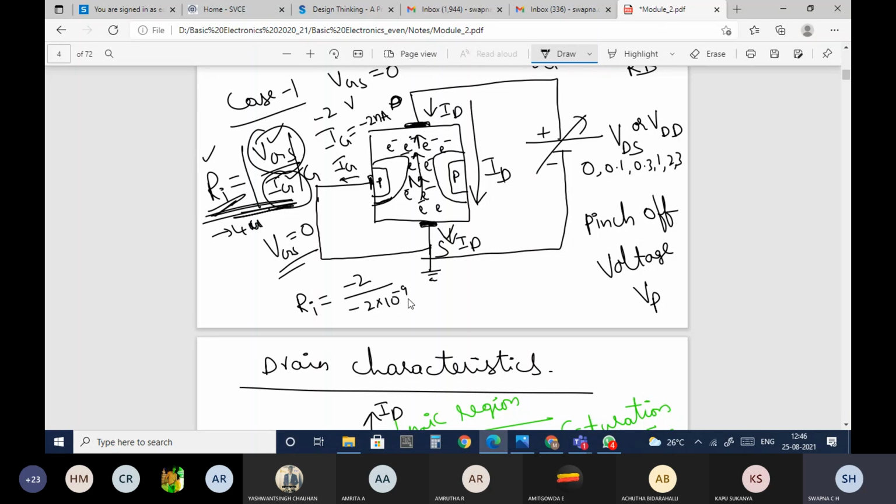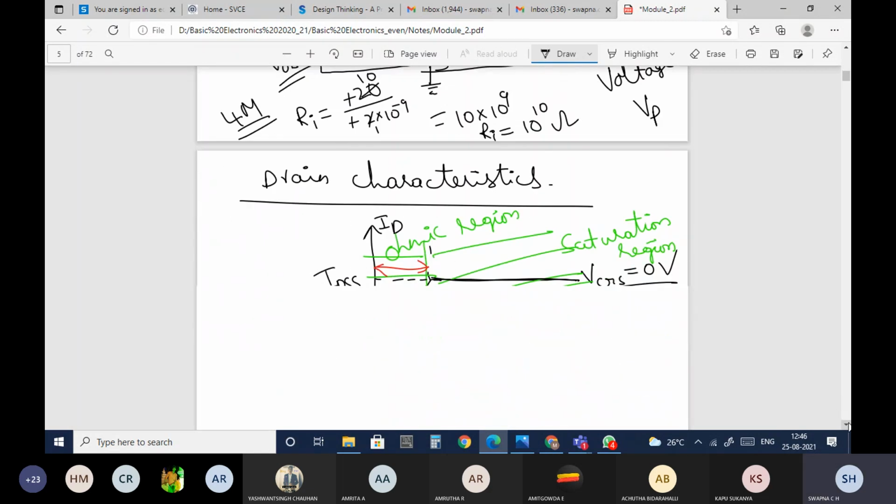Nano is 10 power minus 9. The negative sign will get cancelled, so this is 10 into 10 power 9, or I can write it as 10 power 10 ohms. Ri, the input impedance, is 10 power 10 ohms. If you solve this, you'll get 4 marks directly.